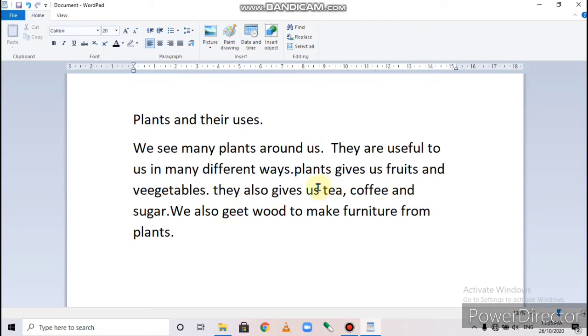You can see after first we can add, they are useful to us in many different ways after typing the paragraph. I repeat once again.